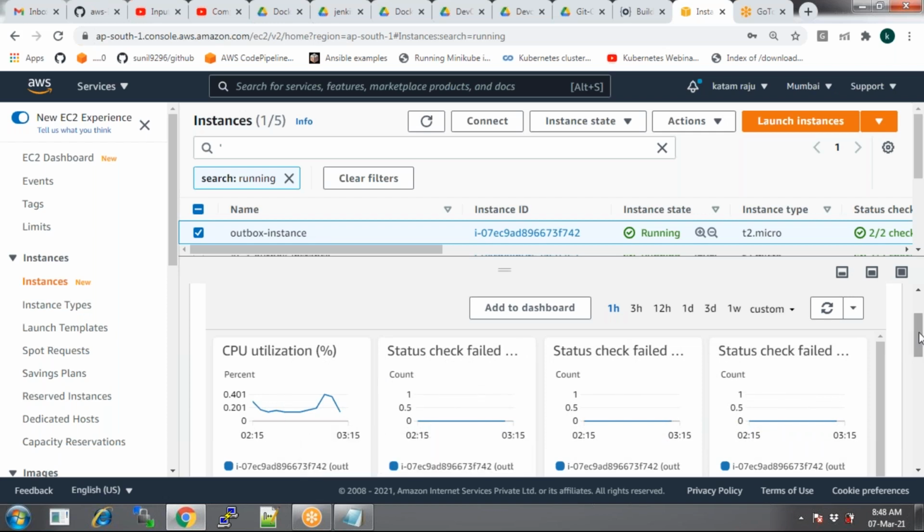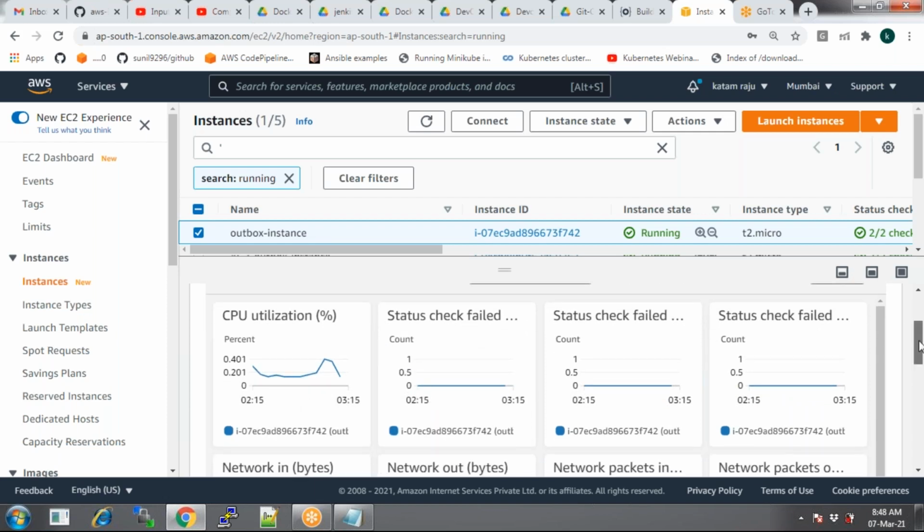What do you mean by instance monitoring? Instance monitoring means you just monitor its CPU utilization. So how much percentage of CPU it is utilized. So you can see that.